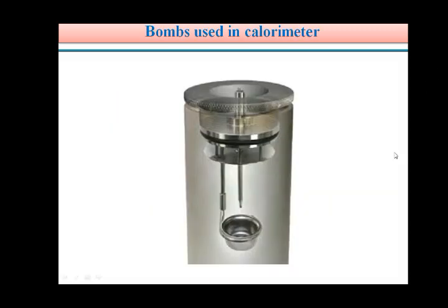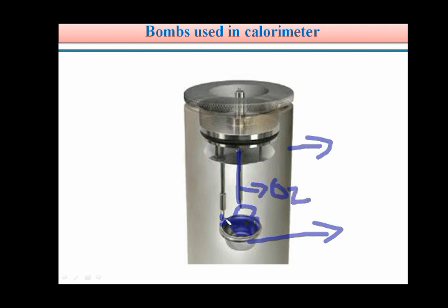And see, this is the picture inside the stainless steel bomb calorimeter. See how beautifully it is looking. So this is our stainless steel bomb. Inside it, our crucible is there. Inside the crucible we can put our chemical substance. This is connected with the positive and negative ends. Here is the oxygen supplier, from which we can supply O2, oxygen, and this is our positive and negative electrode, and it is connected to a battery.